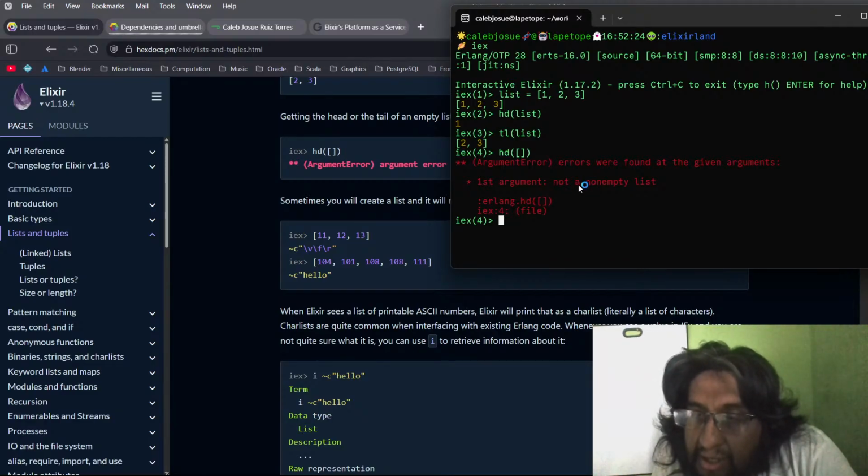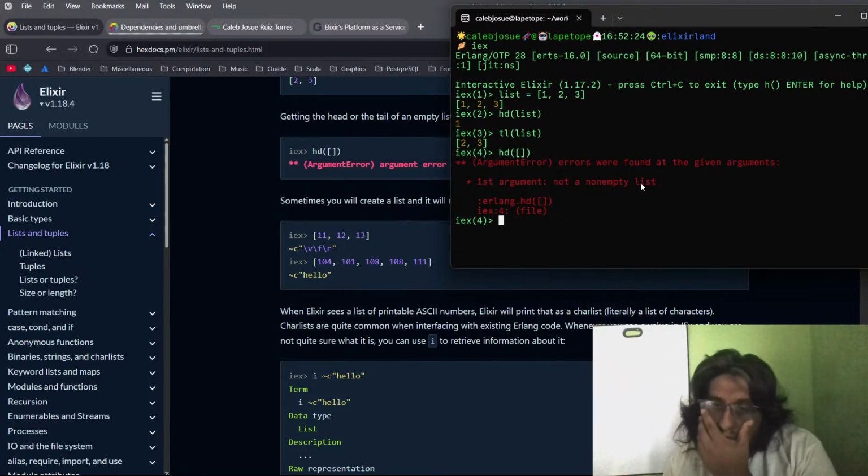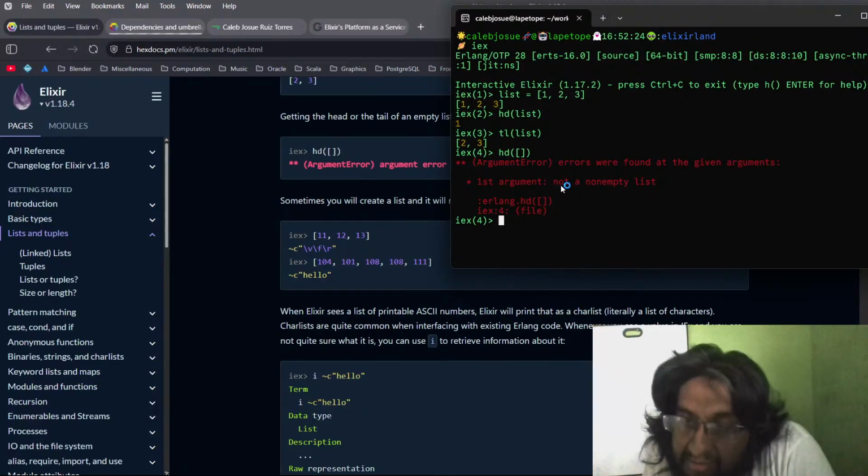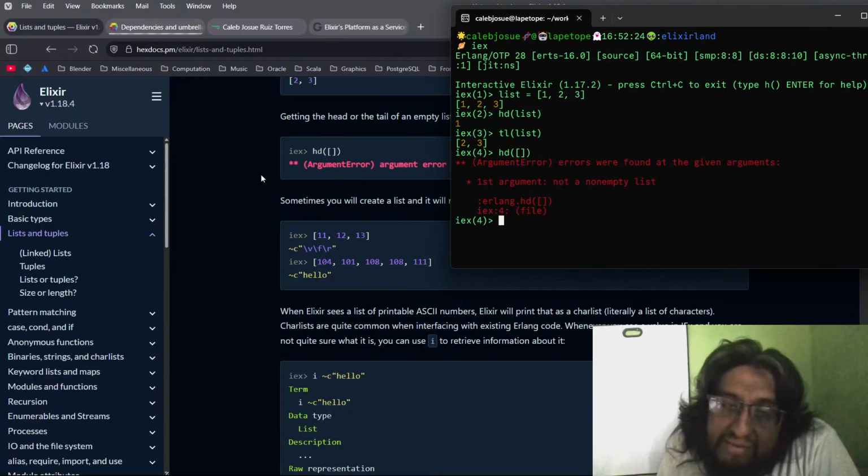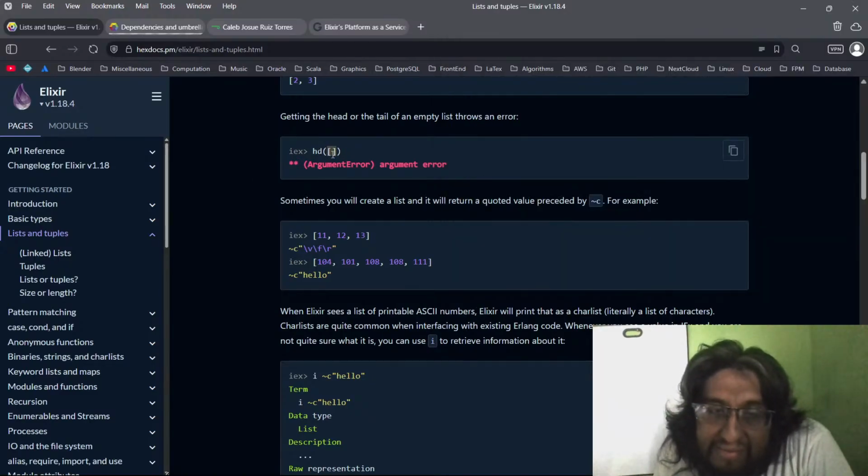Overall, hd is not defined for an empty list, and you see that we got a different error